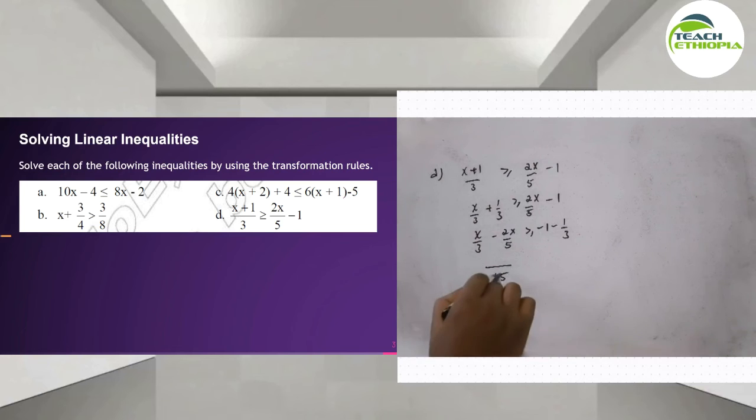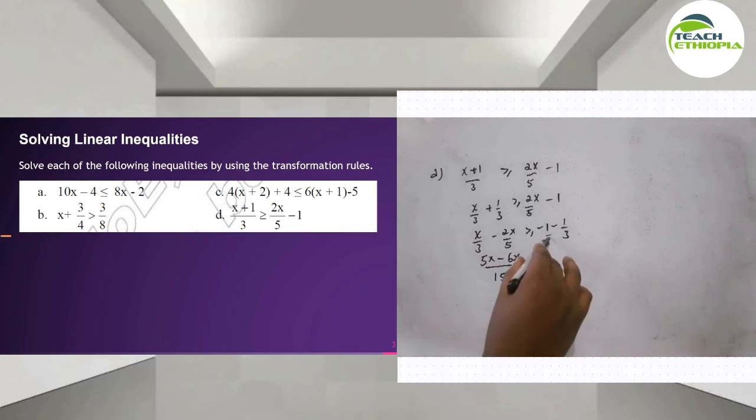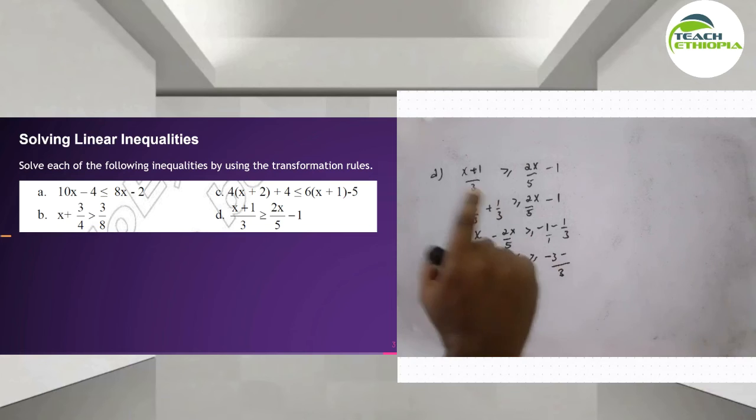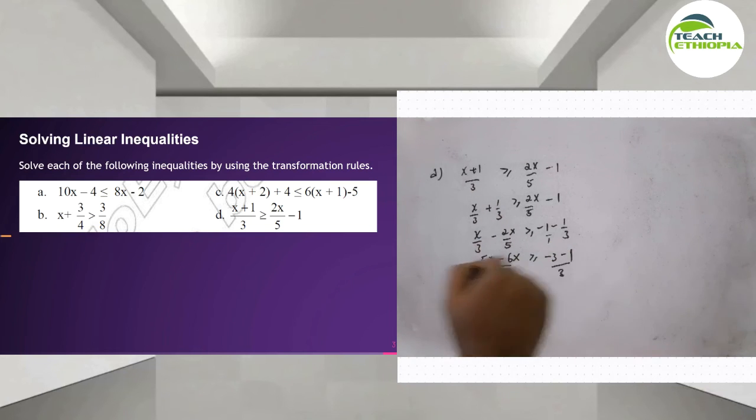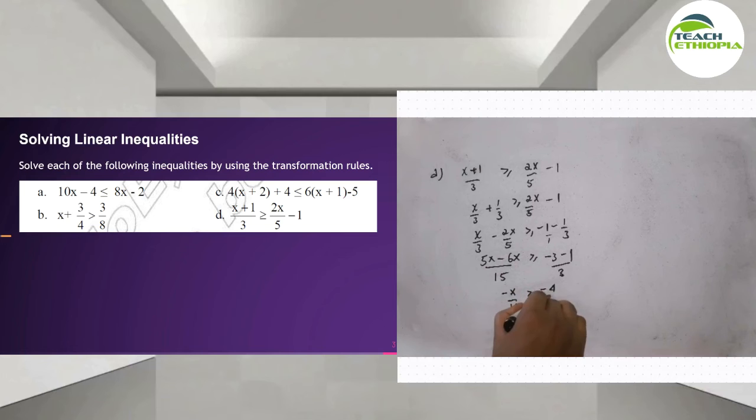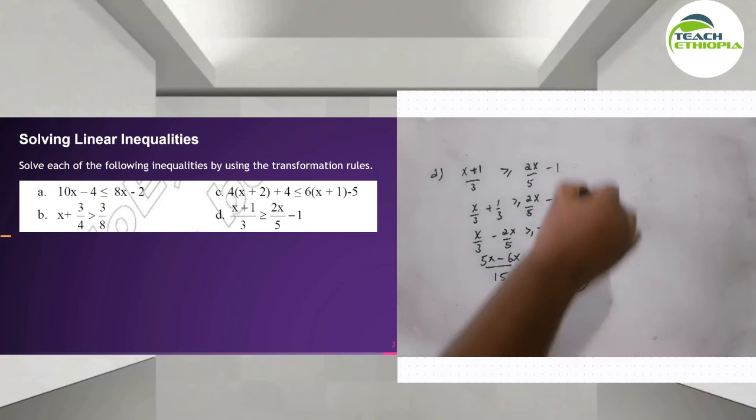አሁን first let's find the LCM, 15 ነው አይደል። 15 divided by 3 is going to be 5 times x, 5x ይመጣል minus 15 divided by 5 it's going to be 3 times 2 is going to be 6x which is greater than similarly over 1 አድርግና just ኮመናቸው 3 ነው። 3 divided by 1 is going to be 3 times minus 1 is going to be minus 3፣ 3 by 3 is going to be 1 ከዛ 1 times 1 ይመጣል። so going to be minus x ሆነ 5 minus 6 is going to be minus x over 15 greater than or equals to this is going to be minus 4 over 3 ይሆናል።